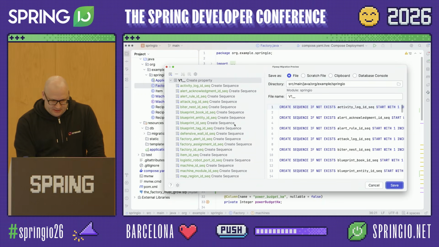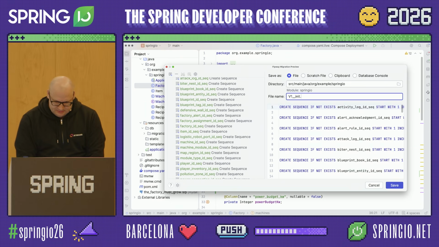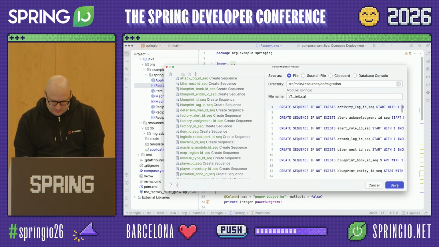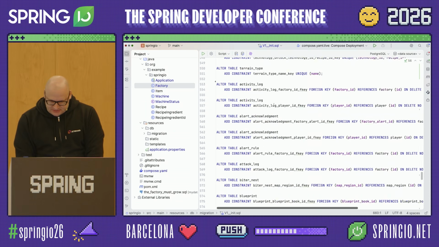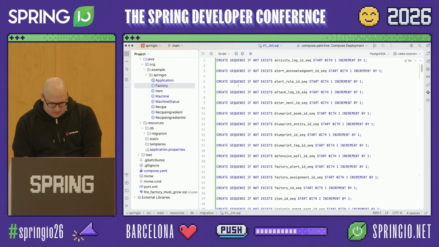Yeah, so we have this many tables now. Init, SQL. And let's put it somewhere into a more meaningful place. Let's say database under the migrations. Good. What I see here is that it's managed to create the sequences in the script, but I know I